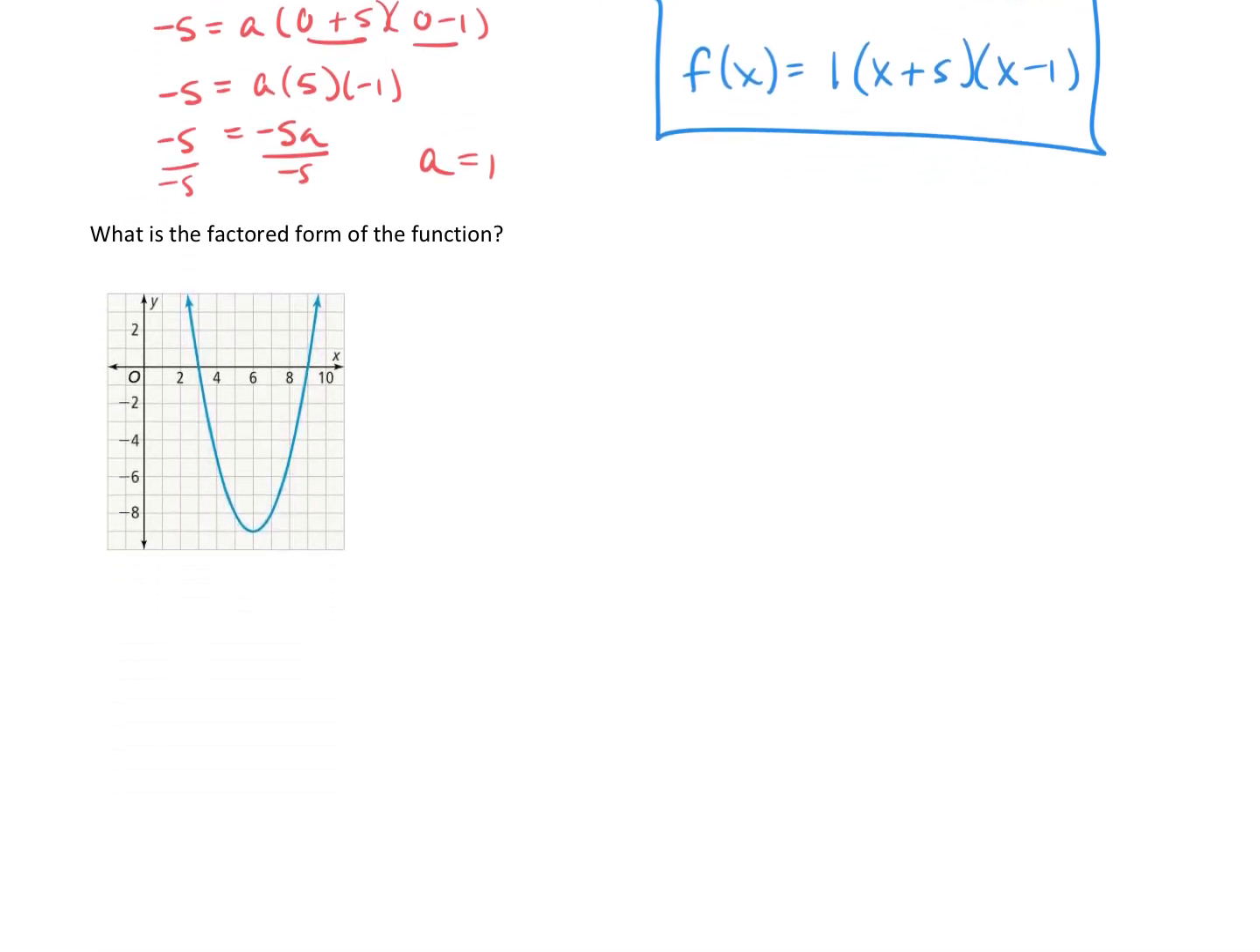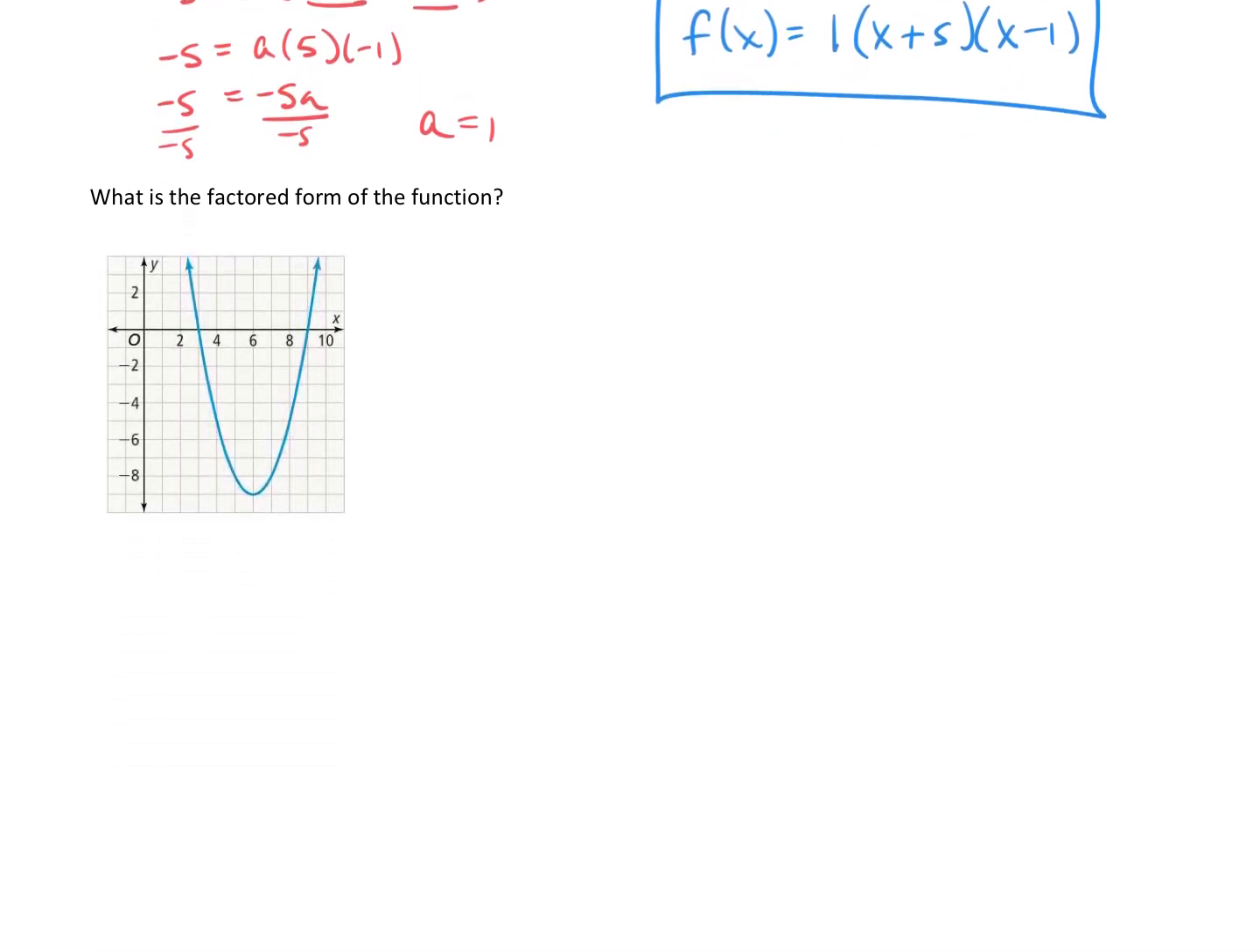All right, let's run through one more of those. What is the factored form of the function? So first thing, identify the x-intercepts. So if we look at the graph, we have an x-intercept at 3 and an x-intercept at 9. Great, first step done. Next, we're going to write the quadratic equation in factored form. So we have to include the a times,